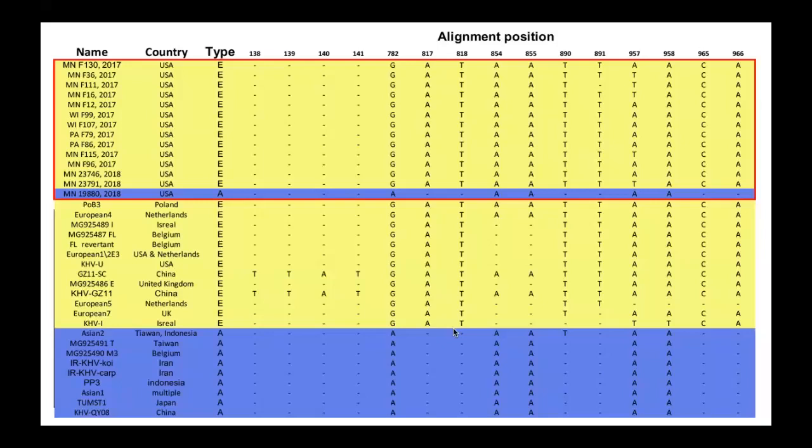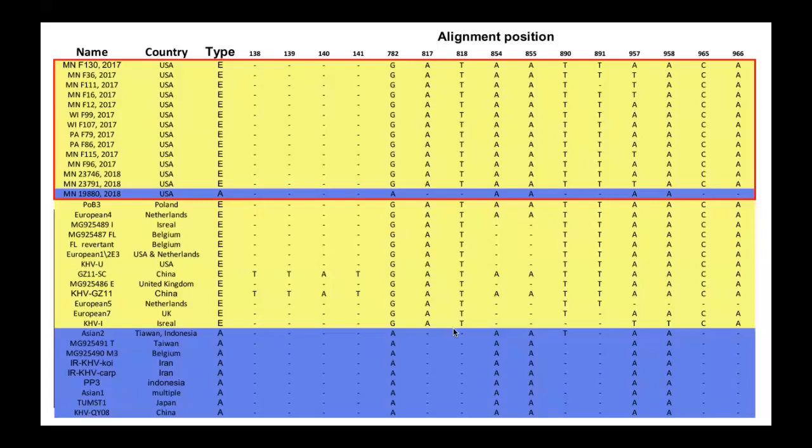Another interesting thing you probably looked at right away is this strain that's typing as the Asian type strain. Blue is Asian type and yellow is European type. Sorry for not saying that. But this was our one and only isolate that came from an ornamental koi in Minnesota. So this was kind of interesting. This guy had it at a koi show and it died, and killed a bunch of his other fish too. We were able to get tissue from that, and it turned out to be the Asian type. So this doesn't necessarily debunk that KHV was introduced through release of a koi, but it is kind of an interesting thing to think about.